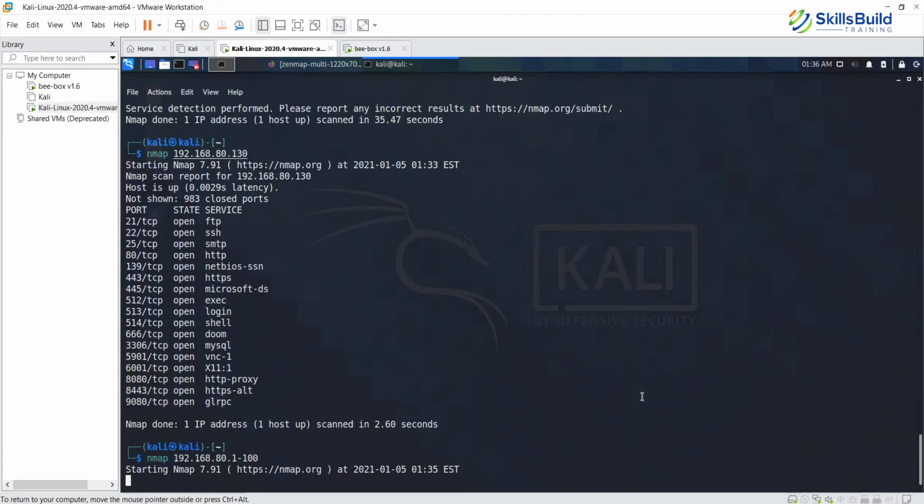So this is going to take a little while, so we'll just have to wait before the output of this command is returned. Because it is a long range of IP addresses, it is trying to check if all these IP addresses are available on the network. So .1 is the IP address of the host machine, as far as I remember.